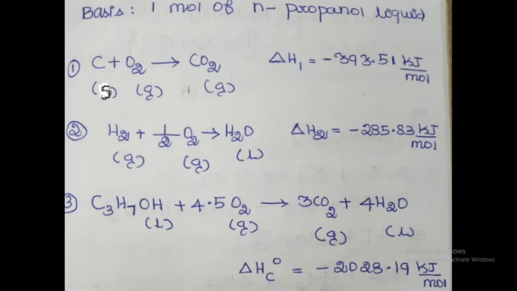Step number 3, based on the number of moles of combustion products formed in the combustion reaction, we should multiply equation 1 by 3 and multiply equation 2 by 4. Then add these two equations and we have to subtract the rest of the reaction in the given problem. Then we will get the standard heat of reaction and its value. Are you clear or not?